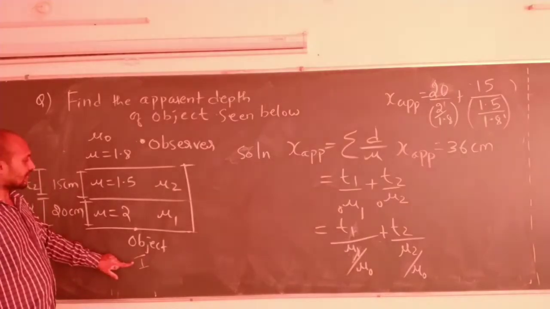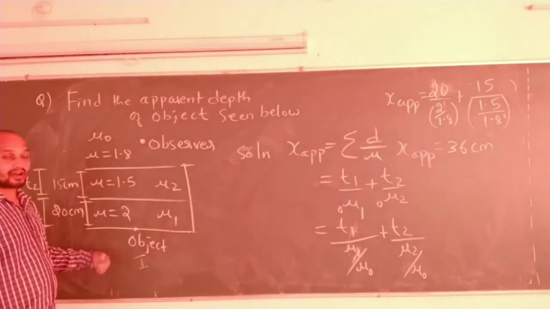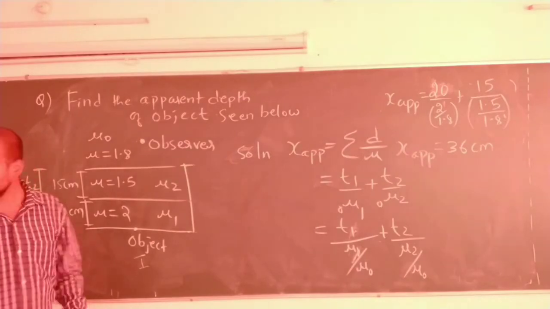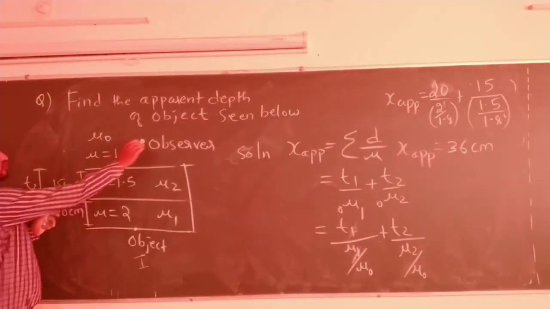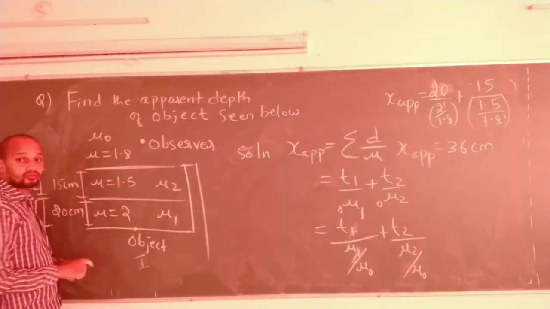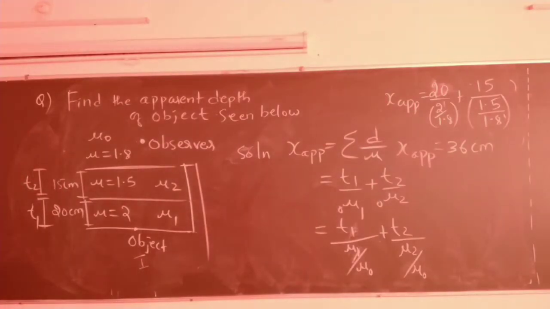Still far away. Are you understanding? For him the image will look like somewhere still far away, somewhere below this object. That is the meaning. I am comparing the depth from the first surface, from the observer. This one you have to remember. Got it now? Okay. Let's move on to the next question.